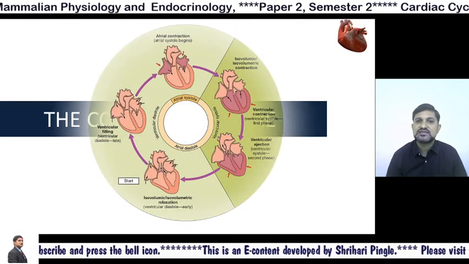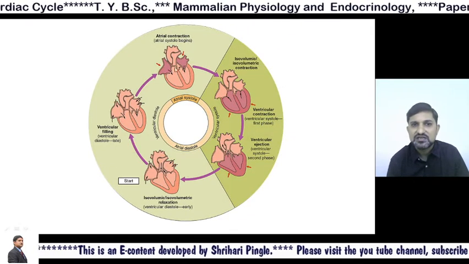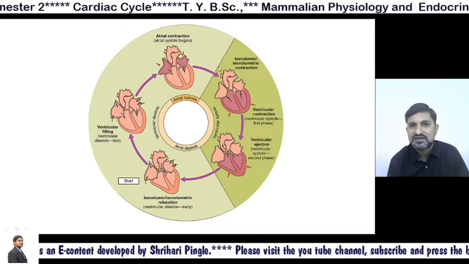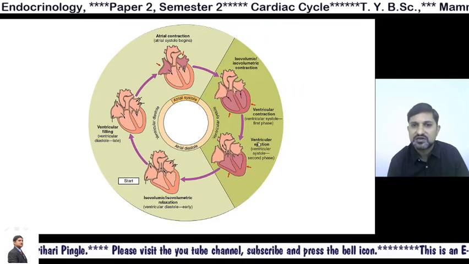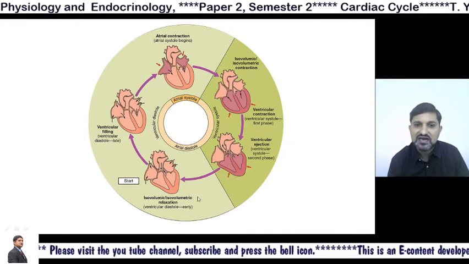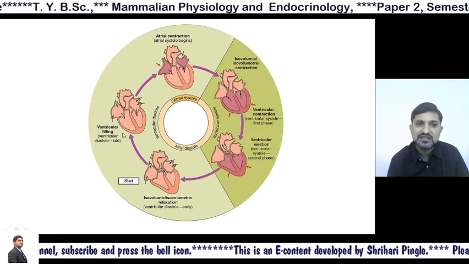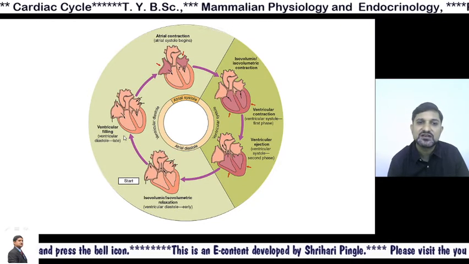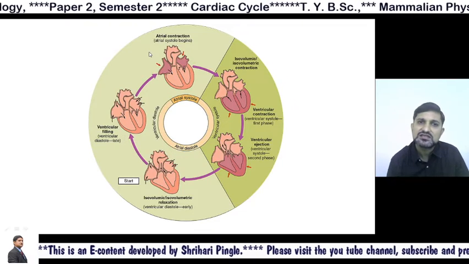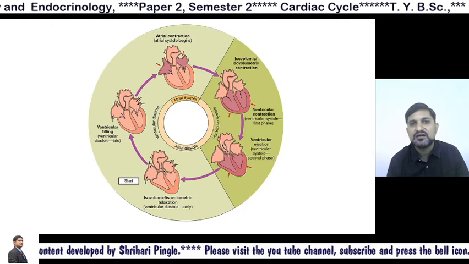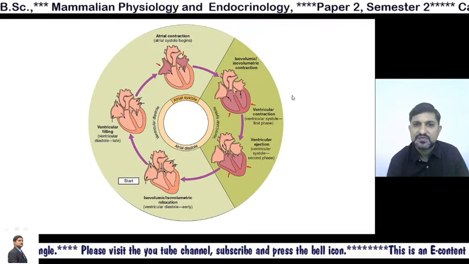So we can visualize this complete picture in this form. That means initially the auricles begin to contract. Then there is isovolumetric contraction of the ventricles. Ventricular ejection takes place. Then isovolumetric relaxation, that means ventricular diastole, takes place. Then the filling of the ventricles takes place during the ventricular diastole, and again the auricles rapidly rush the blood into the ventricles, followed by the atrial contraction.